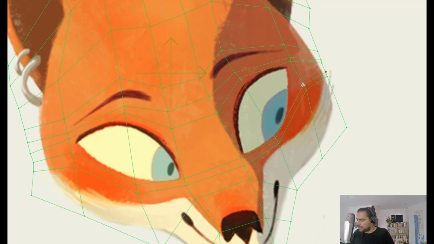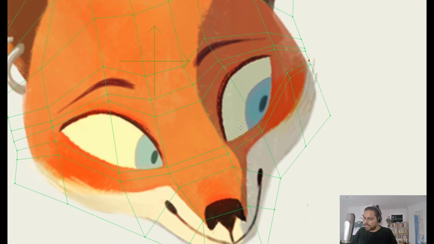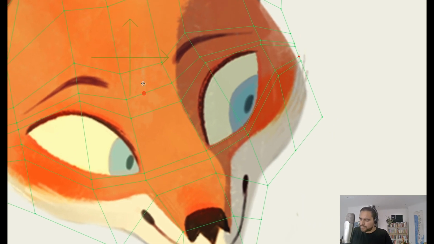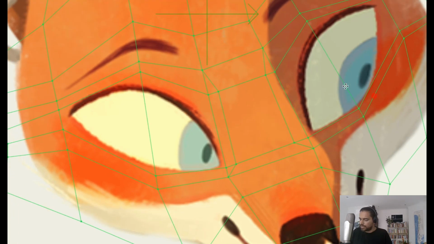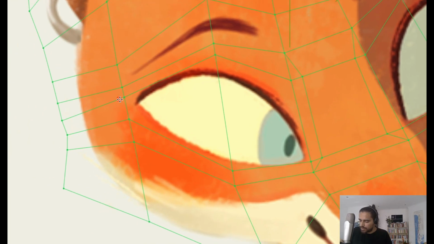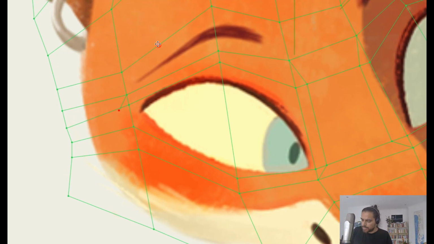So I will do the same with the part under this. So I'm basically separating the eyes from the rest of the body or the rest of the head, and I will do the same with this part of the nose. So you can see I'm creating triangles here too. So I'm simply separating this part, and actually I will separate also this part here,